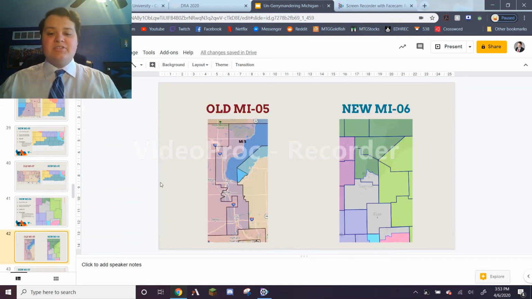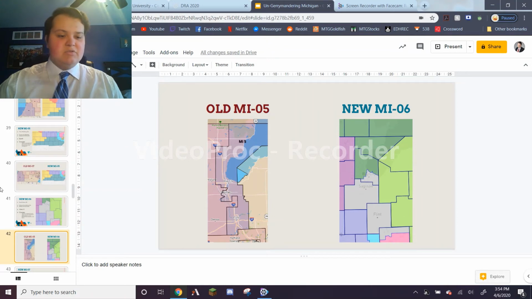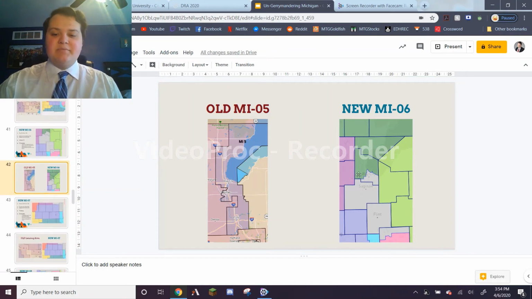So to compare the two, you can see that the current 5th district here is this weird snake that goes all the way up the eastern side of the state. We're much more simplifying this to be fairly cohesive. A few counties that are complete, and then just a few portions of other counties as well. And it chops Bay County in half with the 1st district, but it does include all of Bay City and the area that surrounds it.